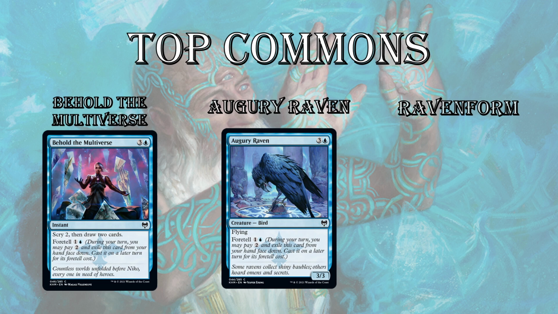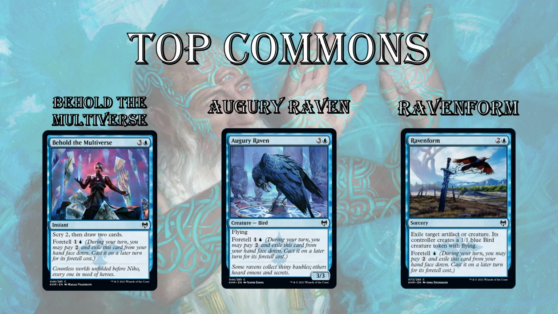So not much else to say about this other than it's just a fantastic creature at common for blue. Next up is Raven Form. I waffled on this one quite a bit. I think there's some other options, but just the fact that this is 1 blue mana to exile